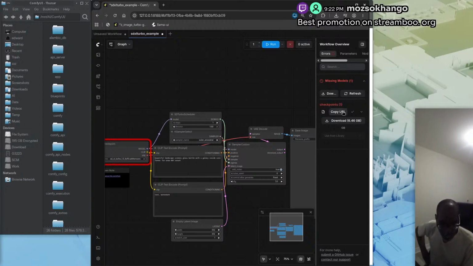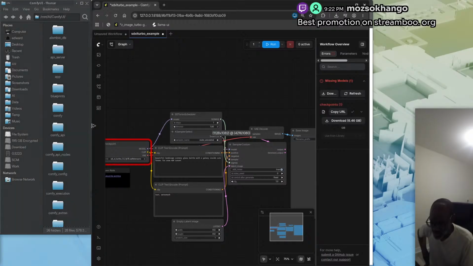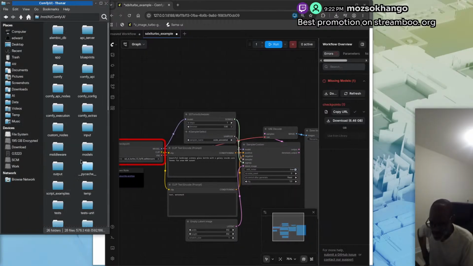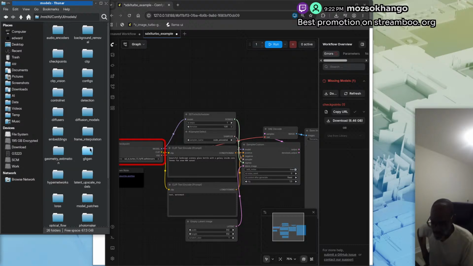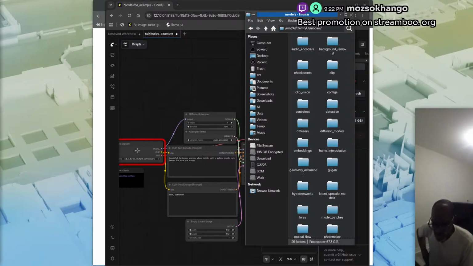I'm going to copy the URL. I kind of like this in a way because it's just a straight-up download. I'm going to make this a little bit smaller. So we have to go to models, and I think it's checkpoints,